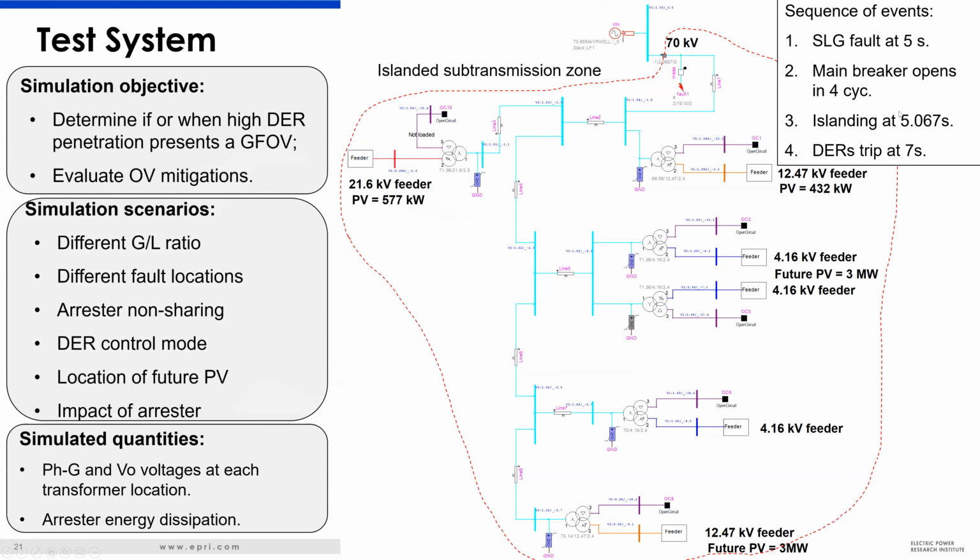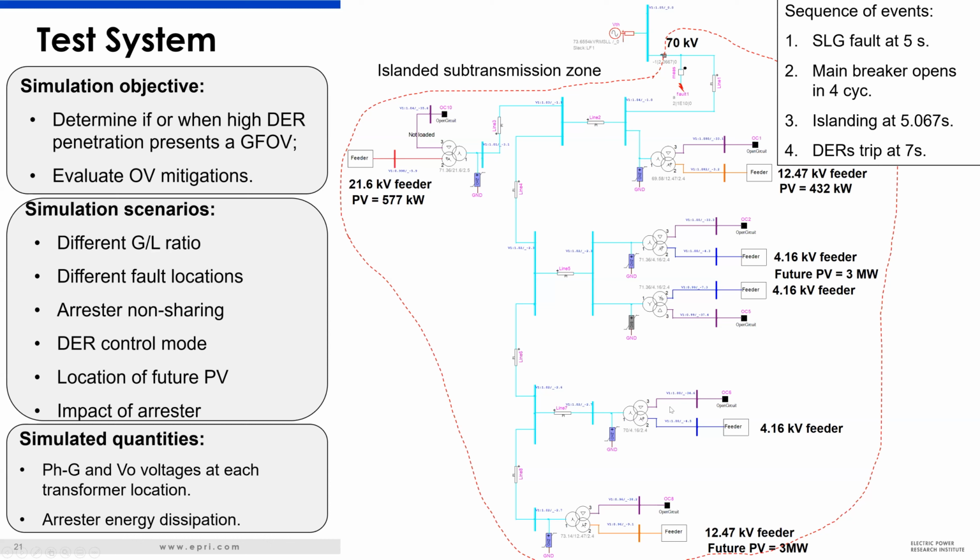So the islanding happens 4 cycles after the fault, and the DERs continue to energize the island for up to 2 seconds, and then they are tripped. Basically we're considering the worst case scenario where DER internal protection does not operate until 2 seconds. It could be the islanding detection protection, or over/under voltage and over/under frequency. So we assume the worst case scenario, and the objective is to see if or when DR penetration presents a